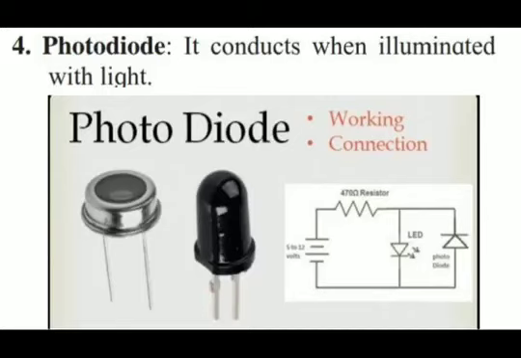Now the fourth application is a photodiode. As by the word photo, in the photodiode, silicon absorbs the energy of the photons of the incident light to create additional pairs of electrons and holes, causing a significant change in current intensity. It is used in solar cells, light sensors in smartphones, digital cameras, street lighting lamps, as well as shopping mall doors. So a photodiode conducts when illuminated with light.